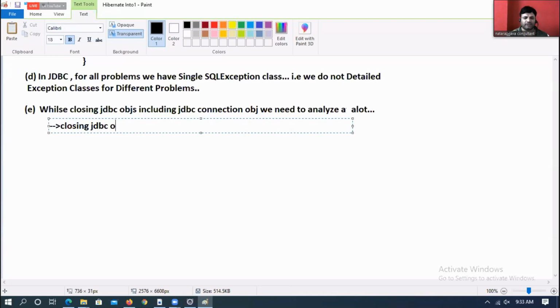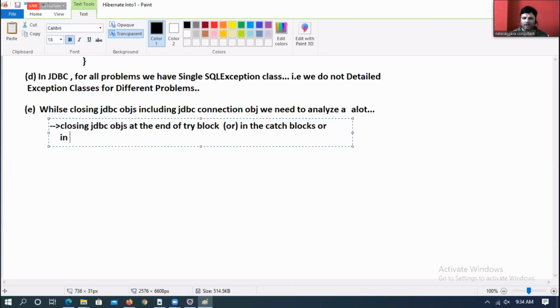Closing JDBC objects at the end of the try block, or in the catch blocks, or in both places is bad practice.